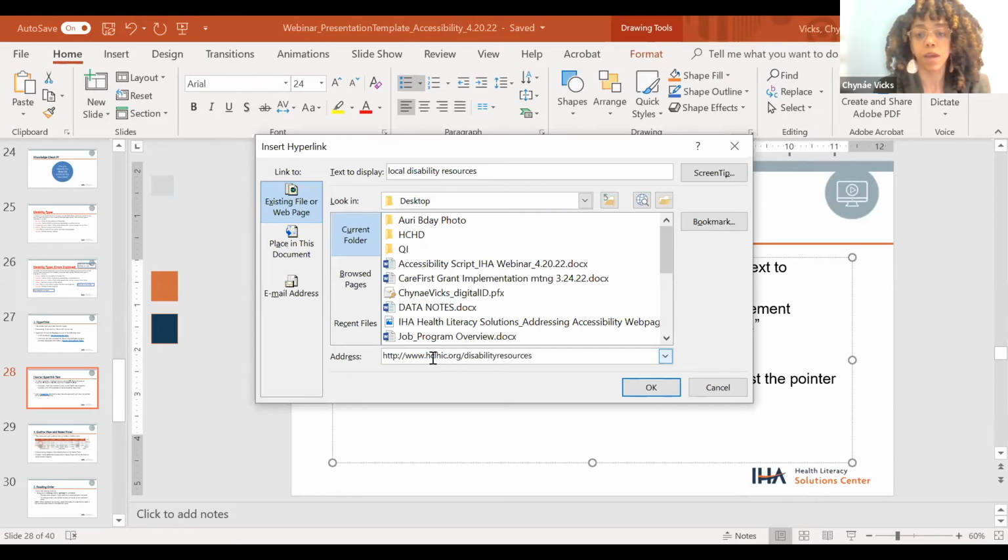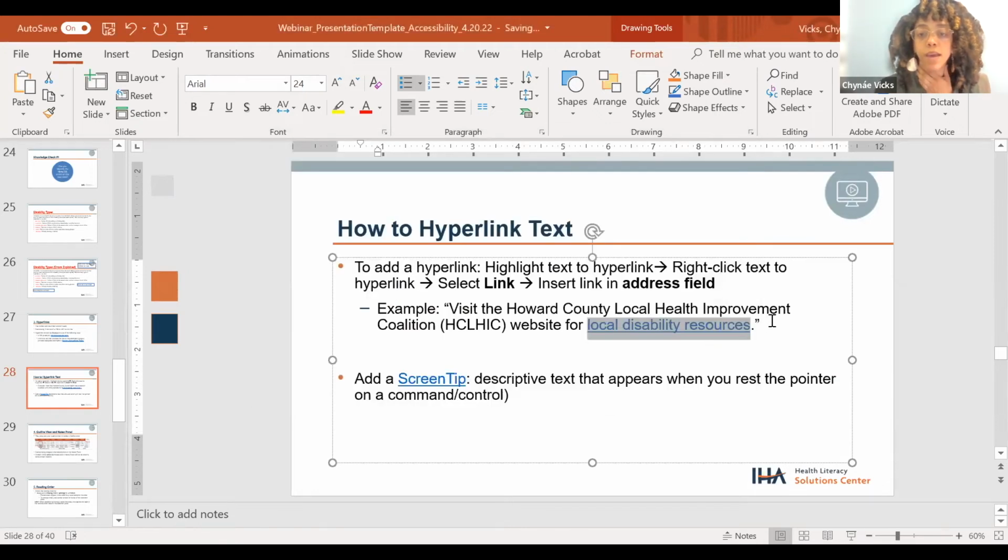That's not the real website. I'm going to click OK. And now my information is hyperlinked. My phrase is hyperlinked. So if I click that, it is going to take me to the HCLHIC's resource page for people with disabilities. The next thing I want to do is add what's known as a